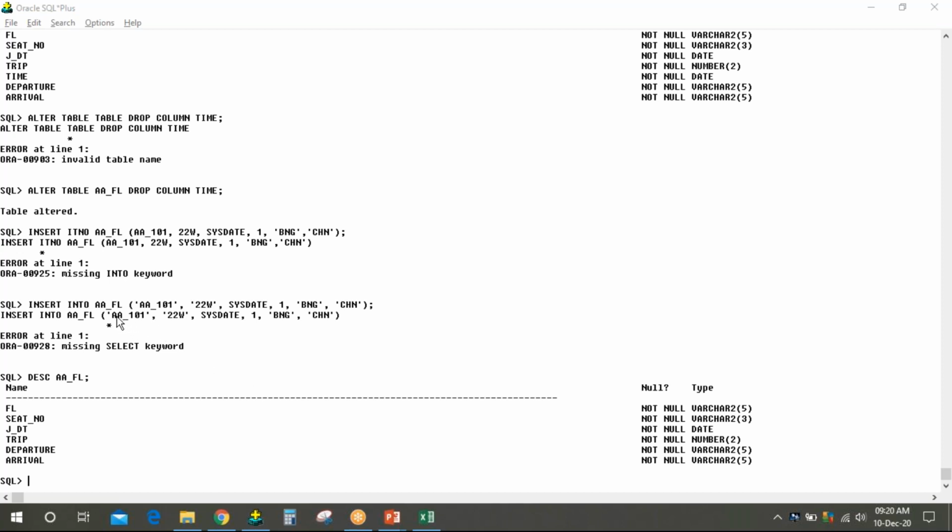I have used here 6 characters, 1, 2, 3, 4, 5, 6. Why they have given only 5 here? That's why it is not taken.